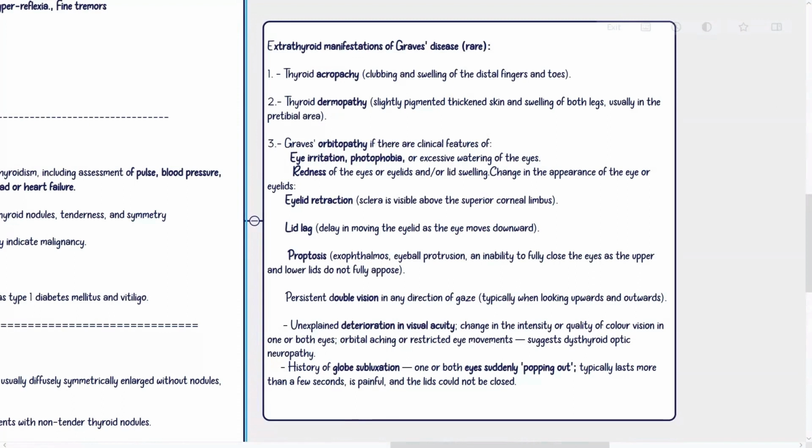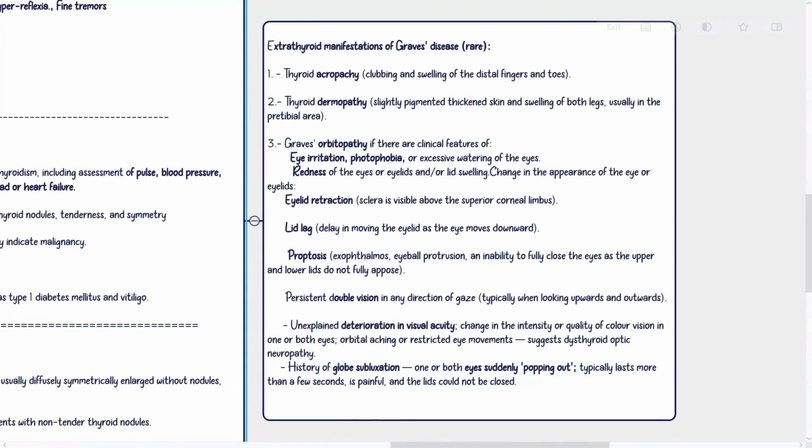3. Graves' orbitopathy, if there are clinical features of eye irritation, photophobia, or excessive watering of the eyes, redness of the eyes or eyelids and/or lid swelling, change in the appearance of the eye or eyelids, eyelid retraction, sclera visible above the superior corneal limbus, lid lag, delay in moving the eyelid as the eye moves downward, proptosis, exophthalmos, eyeball protrusion, and inability to fully close the eyes as the upper and lower lids do not fully oppose,